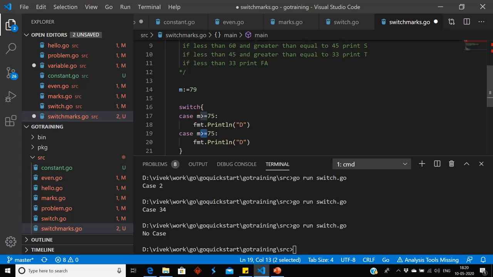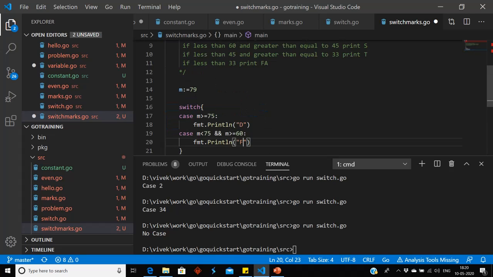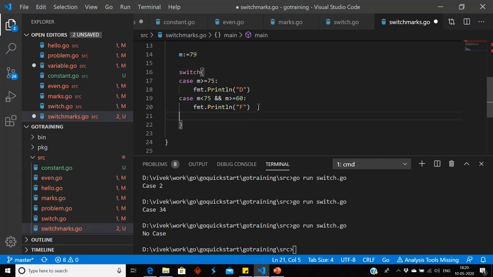If m is less than 75 and m is greater than or equal to 60, we can print F. What is the third logic?